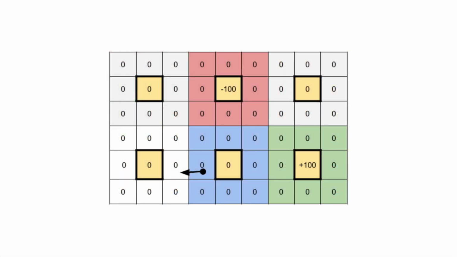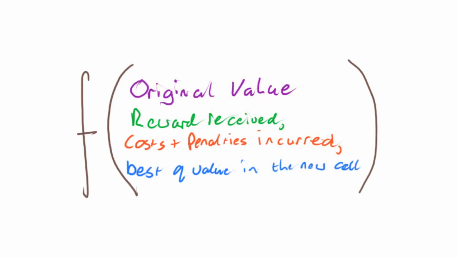After he's moved, our agent can reach back into his previous square and update the number that he used to help him make that decision. He still can't see outside the square he's in now, so his ability to update is rather limited. So he reaches back and updates the helper number he just used so that it's a function of the original helper value in the previous cell, the reward received when he landed in the new cell, the costs incurred for his journey, and the best helper value in the new cell.